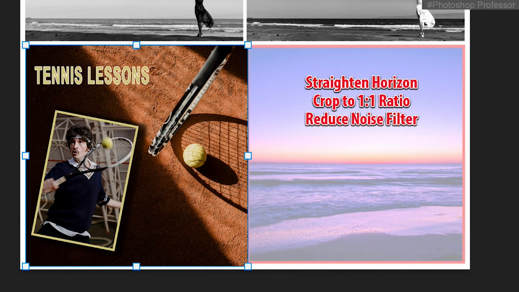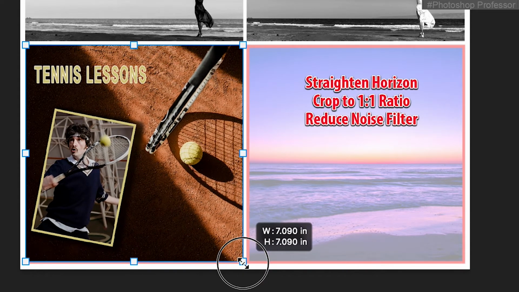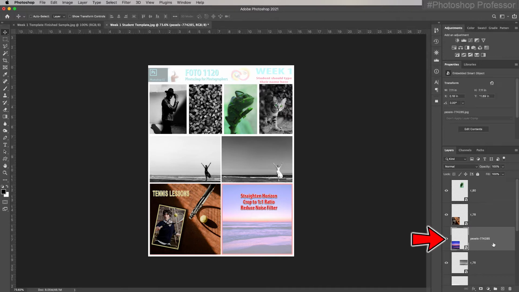I'll hit Command or Control T. I need to get it to the right and the bottom now. Okay, I think that worked. Then I'll choose this one right here. And even though I can't see it, since I don't have auto select selected, if I have auto select selected,